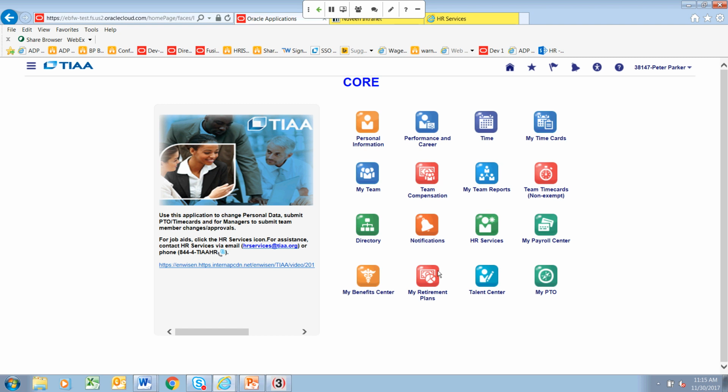You will also see a team compensation icon, and by clicking that, that will list all of the salary and tiers for your direct reports. And this My Team Reports icon will route you to a manager dashboard that has reports on your staff. Reports such as job history, PTO, and if you manage non-exempt employees, their time cards.